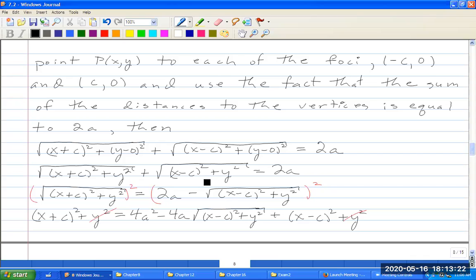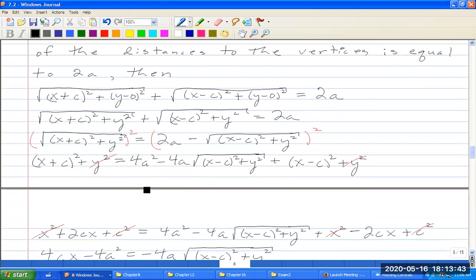Let's try to solve this. Let me subtract the radical of (x minus c) squared plus y squared from both sides of my equation. To solve this radical equation, I isolate one of the radicals on one side of my equation and then square both sides. The square gets rid of the square root. So I just get (x plus c) squared plus y squared equals